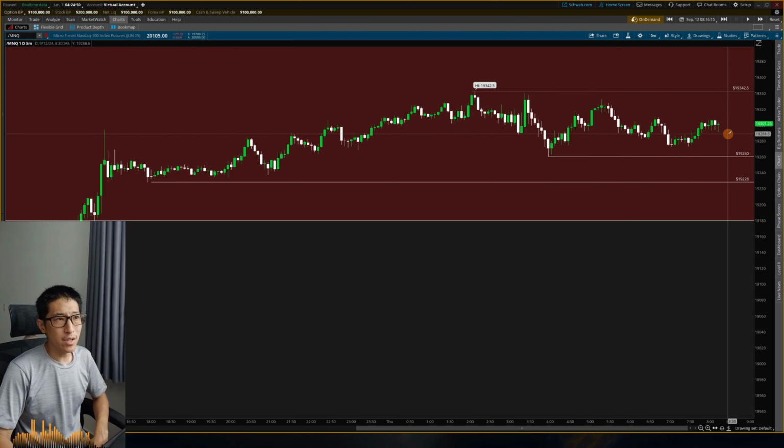All right, so 8:30, we got pretty big displacement to the downside. Now I want these relative equal lows to remain intact. Again, I still want to see a sweep of the buy side here, but with this big displacement, maybe not. Maybe I just want to see it retrace back into the gap here and then find a setup lower, and afterwards it'll be okay to take out these lows, and then I can aim for the lows down here. And of course I want to see price get out of this SIBI and start going lower.